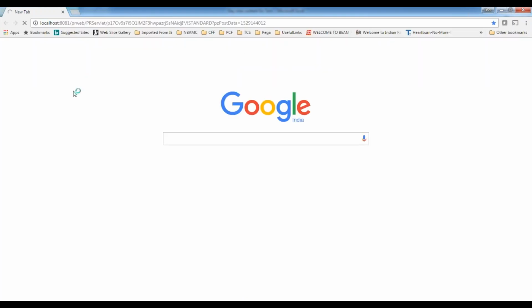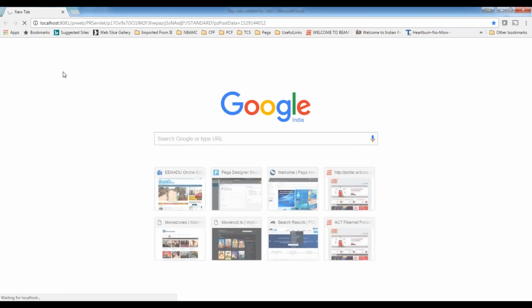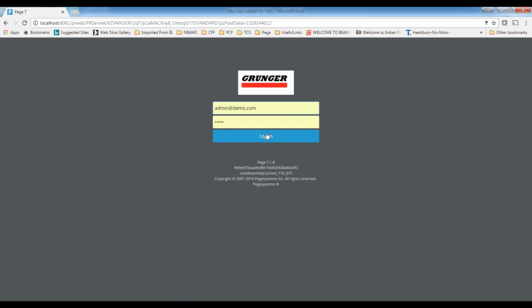First we will see the stack. For that I will take the existing application, because we didn't create any new application for our batch. I'm logging in as demo. Demo is my organization name here, and demo app is the application name.